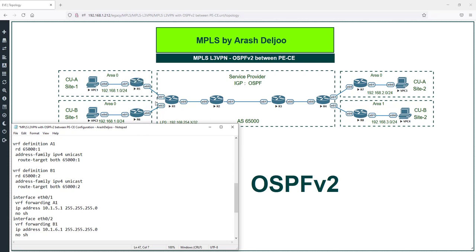R1. But you know that we have another step, and this is the OSPF configuration between R1 and the PE-CEs. Let me configure this part in, for example, the next step. Until now, we configured